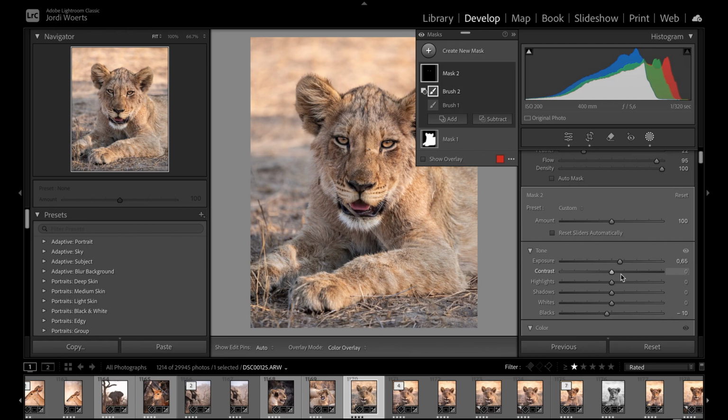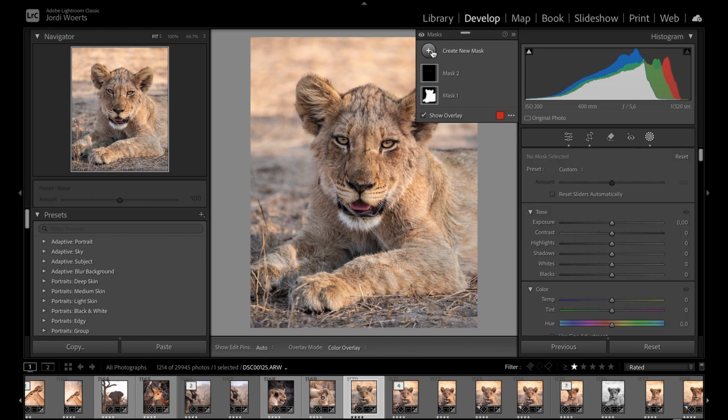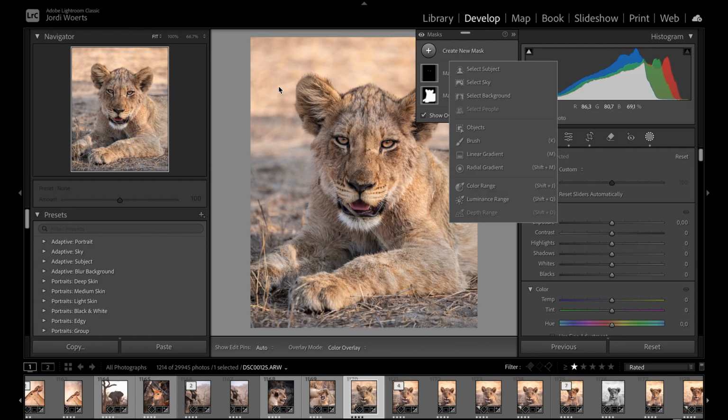So then we go to a new mask, and we're gonna play with the background here. It's pretty, but like I said earlier, I want to use those dark elements in the lion to its benefit. So I'm gonna overexpose the background here, so it really explodes, or pops on the image.